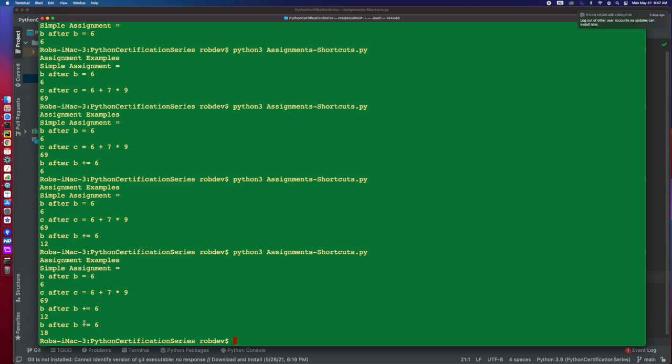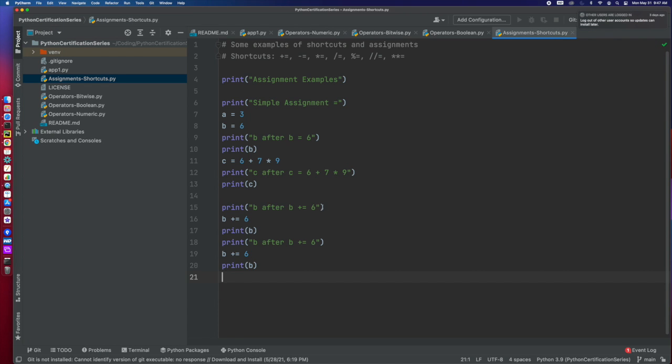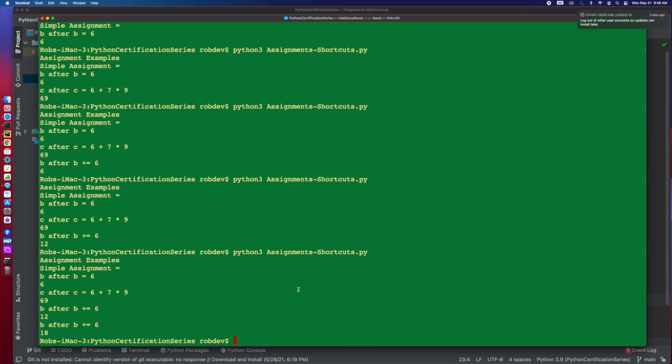Because the plus equals is the same as b equals b plus 6. So you do a plus equals, it takes the thing on the left and adds to it, whatever it is. So it's a shortcut. b plus equals 6 is the same as b equals b plus 6. Now very similarly, if we do a minus equals, then we're going to roll it back to